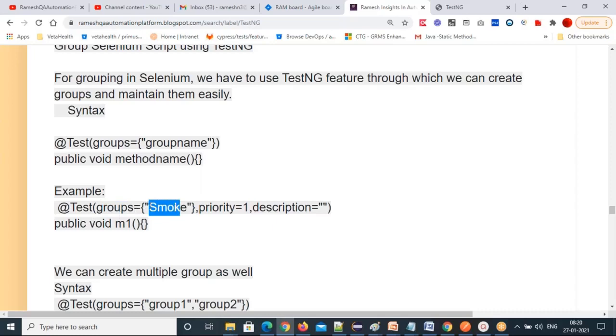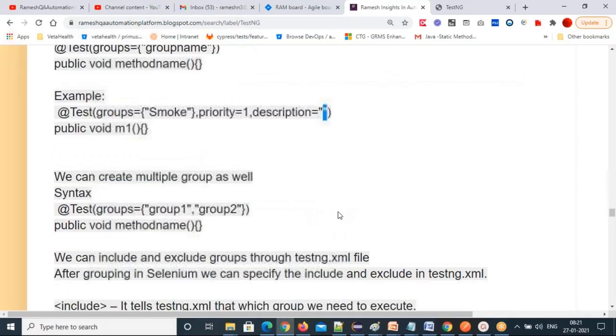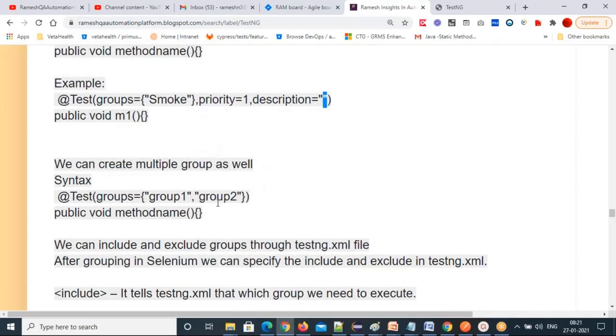This is a map, right? Key and value. So you're passing key-value pairs inside the @Test parentheses. That's how we can group it. Multiple groups, how to do that? This is the syntax.